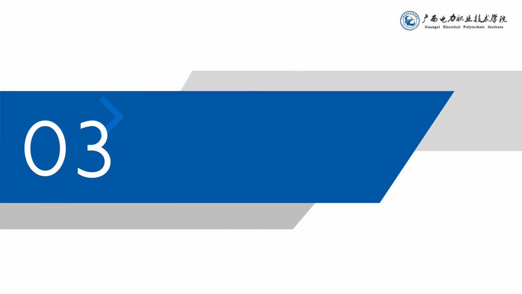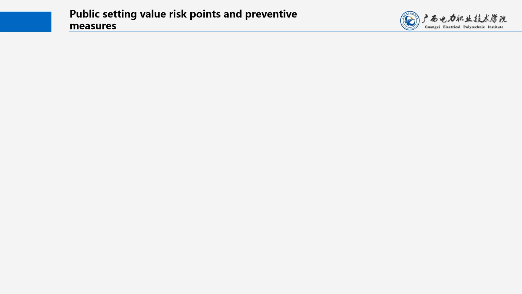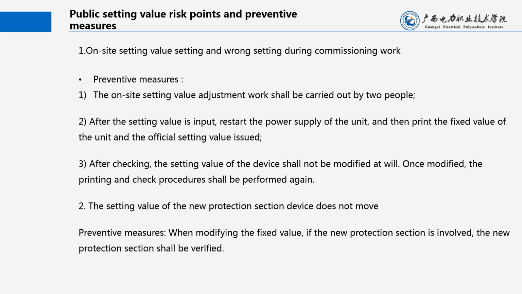3. Public part setting related value risk points and preventive measures. 1. On-site setting value setting and wrong setting during commissioning work. Preventive measures. 1. The on-site setting value adjustment work shall be carried out by 2 people. 2. After the setting value is input, restart the power supply of the unit, and then print the fixed value